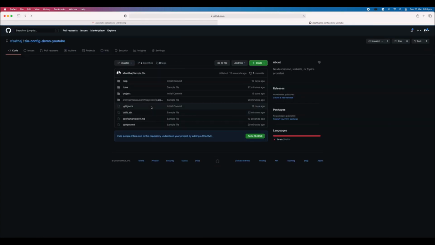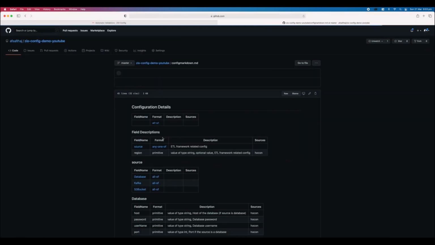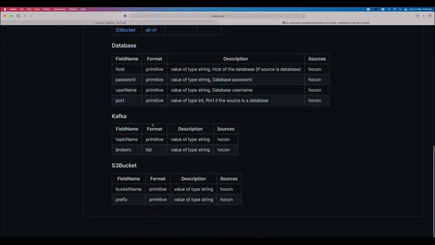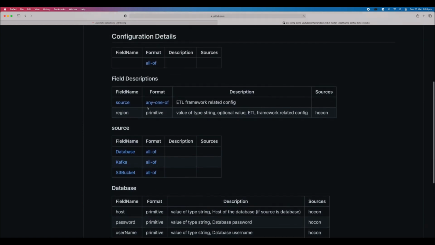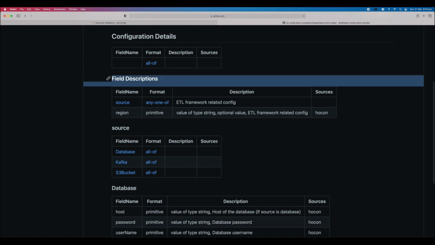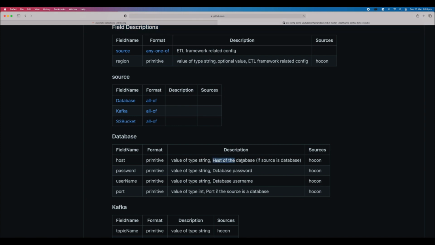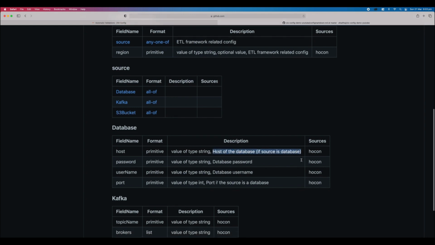That's not the one. I think our config is this. It says these are the details of all the config parameters. It says handle all of these field descriptions, which is source and region. And when it comes to source, handle any one of source, meaning you can give either a database or a Kafka or S3 bucket. But if you're giving a database, you have to give all of database, which is host, password, username, port. You can see your extra piece of information is available in the documentation, host of the database,